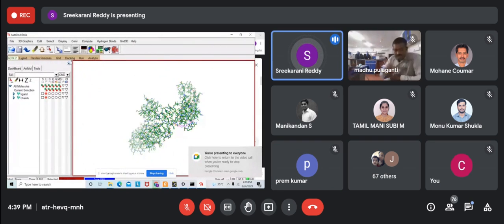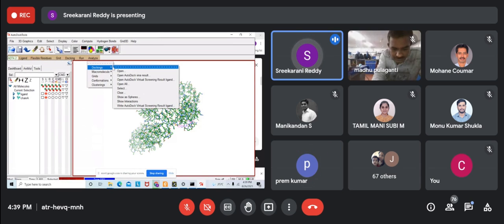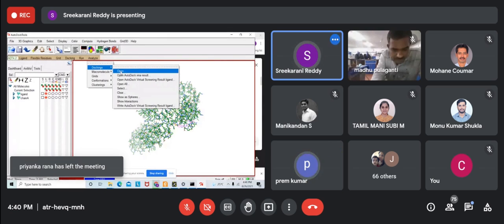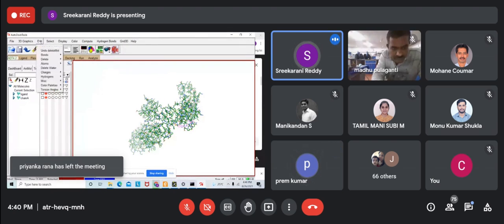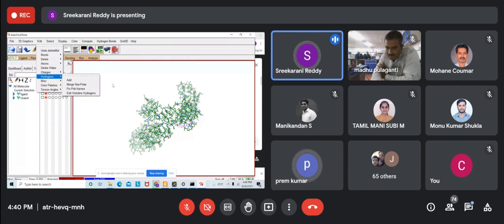Actually, the analysis part: from PyRx you will be getting an output file, then your analysis part won't be as clear in PyRx as compared to AutoDock. Like I just showed you this part, right? Compared to this analysis, again, PyMol will be good. So I think the analysis part won't be that good compared to AutoDock. That is the only thing. And one more thing: whatever we are giving individually, like assigning everything, charges, hydrogens, in all the others you can proceed with just one single click.